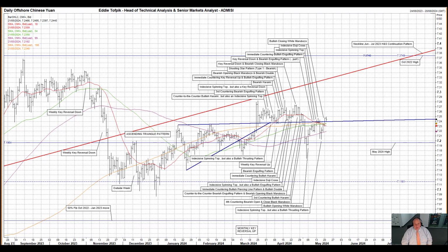US dollar against the CNH, the offshore Chinese yuan. A bullish closing white Mariposa yesterday, as well as a third bullish white soldier. The base of the action was this time on the mess of moving averages consisting of the declining short moving average, currently 723.09, the slowly rising short medium moving average, currently 723.58, and the important long moving average, currently 723.49. Prices punched and closed clear over the dark blue highlighted upper trend line extension to the January to April ascending triangle, currently at 723.94. Looking further down, we have the medium moving average, currently at 721.92, and the May 2020 high at 719.64,